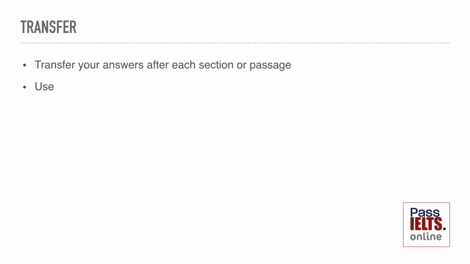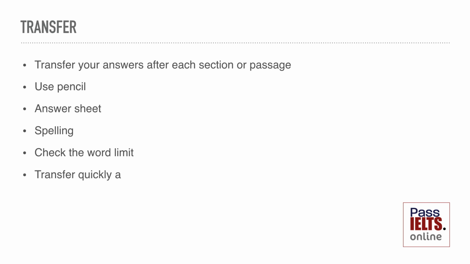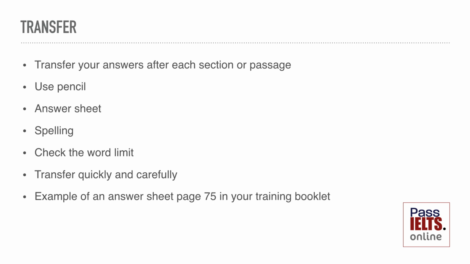Now we're going to look at how to transfer your answers. After each section or passage, you should transfer your answers in pencil to an answer sheet. It is important to check your spelling, although here all you need to do is to copy the words, as all the words are from the passage. You need to check the word limit. There will always be a maximum word limit. You need to transfer quickly and carefully, and you can see an example of the answer sheet on page 75